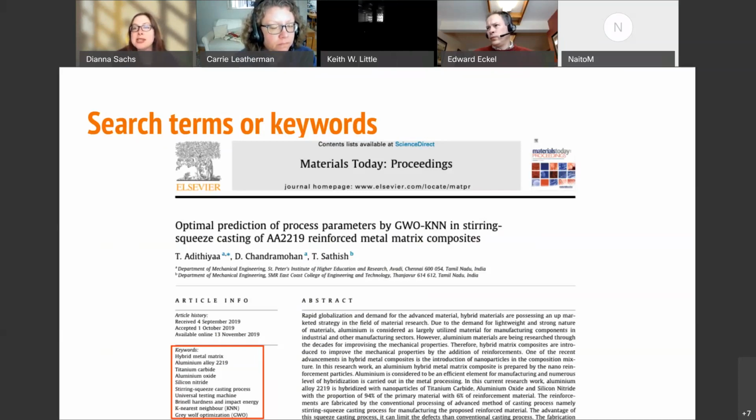These are especially useful because these are terms that experts have chosen to describe their work, and they're usually based on the standard terminology that's being used in the field. So if you can find keywords or subject headings or descriptors, again, either on the article itself or in the database section talking about the article, that can be a great opportunity to add search terms to your list.